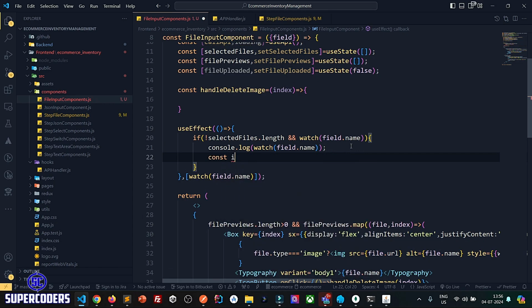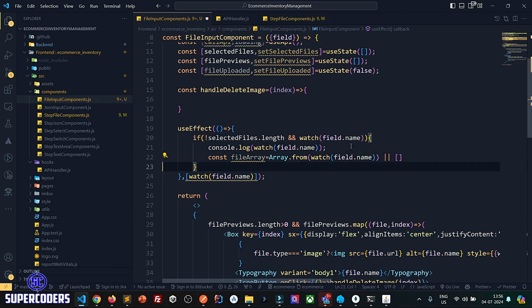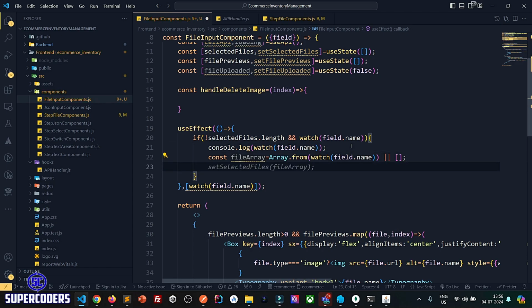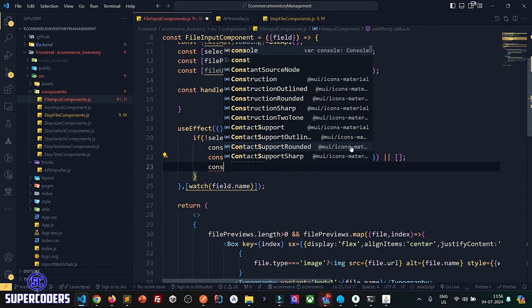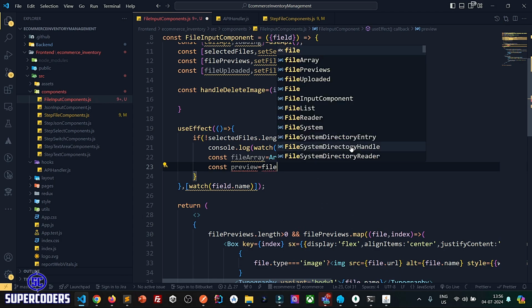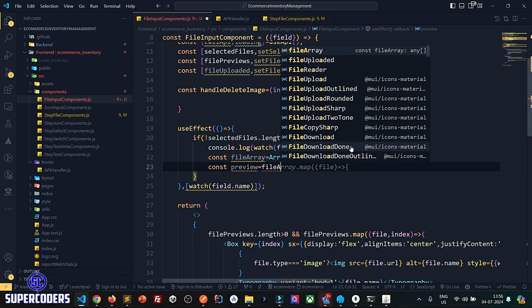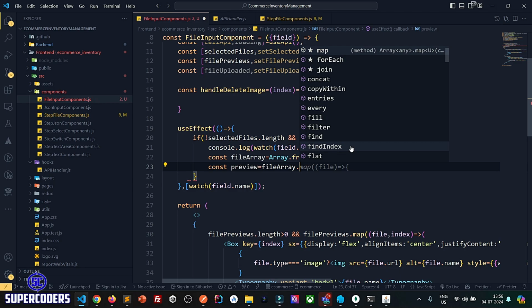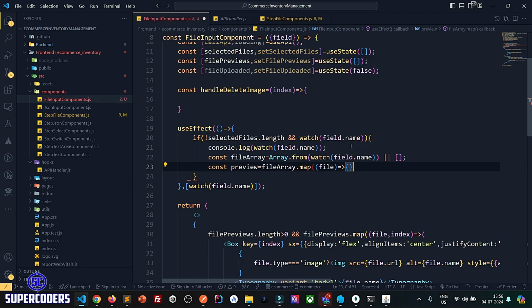Const file array equal to array from watch field.name or blank array. If there is a file, I can get the file or I can get an empty file. Then const previews equal to file array dot map file,